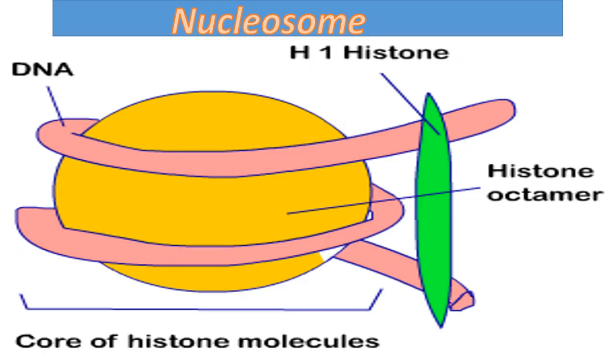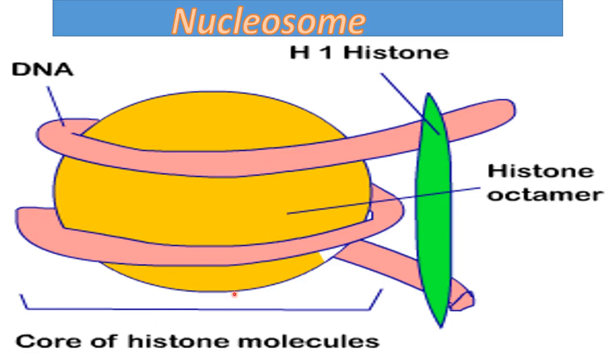Here you can see how this nucleosome is formed. This yellow colored part has 8 subunits of histone proteins, and this is called the core of the histone molecule. The pink structure wrapped around it is the DNA helix, negatively charged DNA helix coiled around the positively charged histone. Why are these histones positively charged? Because of the presence of basic amino acids like lysine and arginine. So negatively charged DNA is packaged by wrapping around positively charged histone proteins.